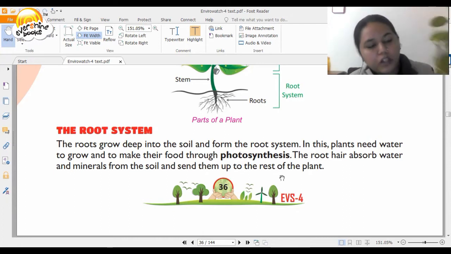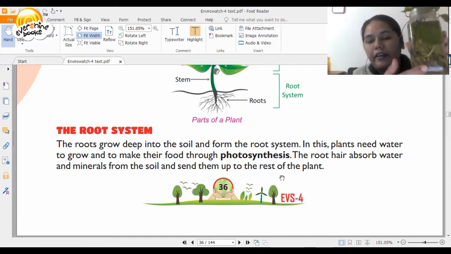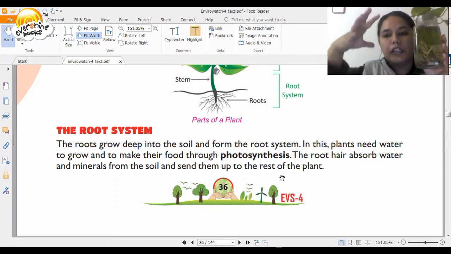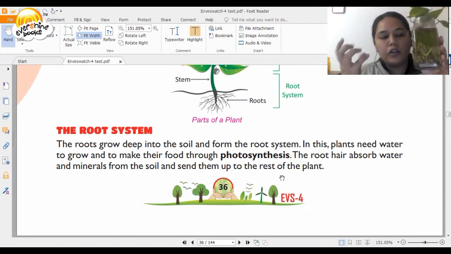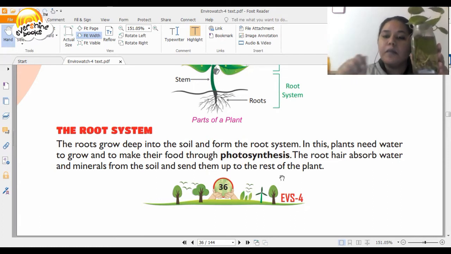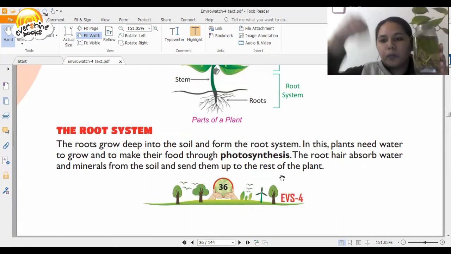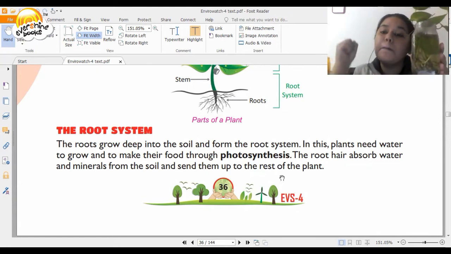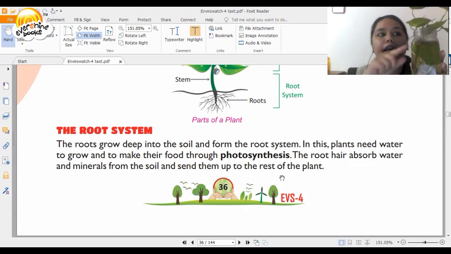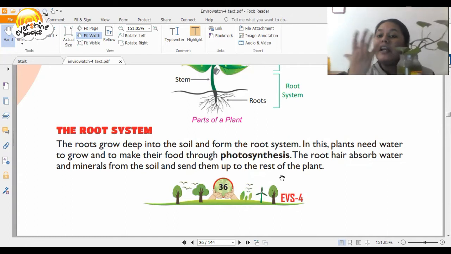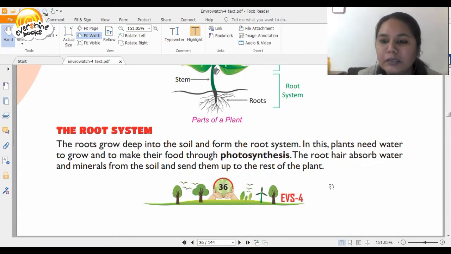The root hair absorbs water and minerals from the soil and sends them up to the rest of the plant. So, these roots that you see here, as of now, I put this plant in water, but the moment I put it in a clay pot maybe, or in a wooden pot, I'm going to put in some soil or some khad in it. So I'm going to put this plant there. So these roots are going to absorb minerals from that soil, which will be sent to the above portion of the plant so that it can grow, it can blossom.